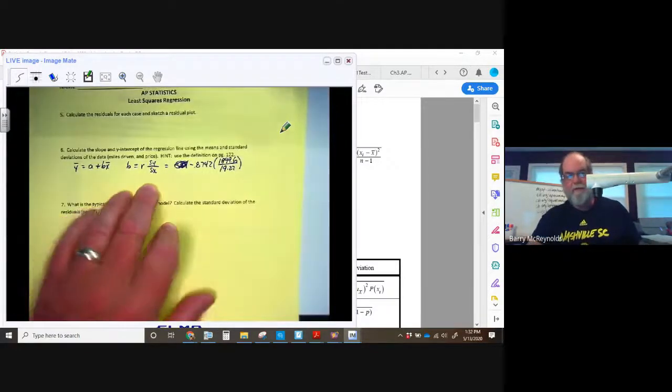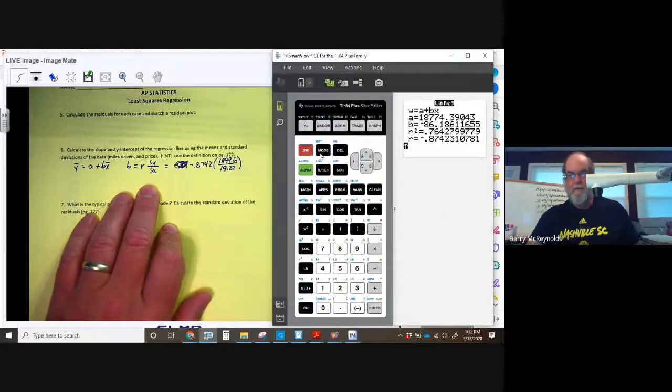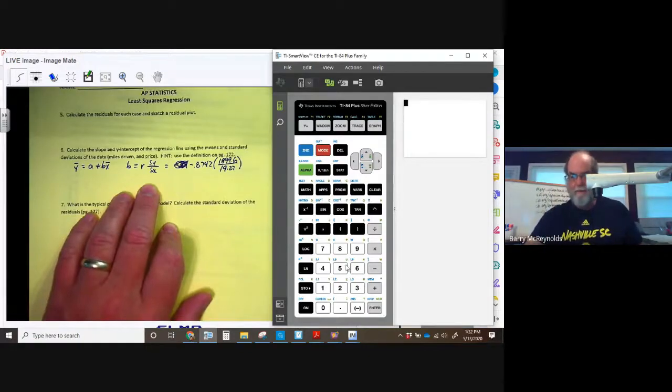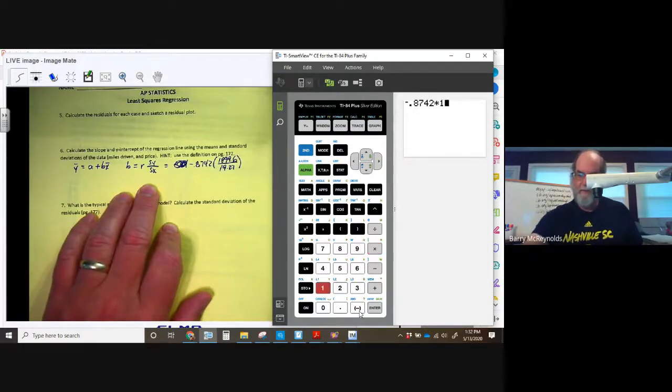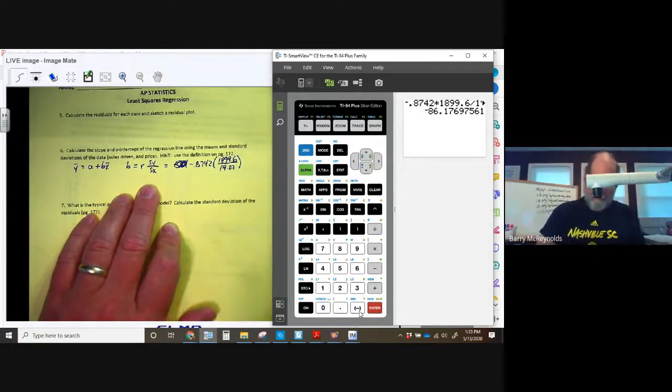And so let's do that with the calculator. So negative 0.8742 times 1899.6 divided by 19.27. Again, this is all four function calculator stuff, so I think this is something you could be asked to do,